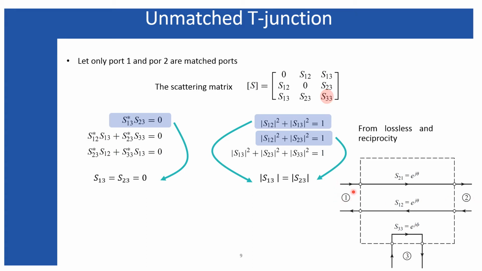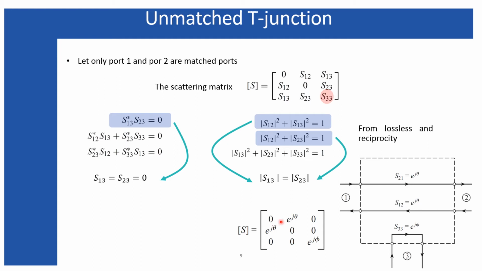However, when you are exciting port 1, that is also not coupled with port 3. That means nothing is going to port 3, and you only can have the output from port 2. So such devices are basically such that the output wave from port 2 gains some phase, because it is just translating from port 1 to port 2. So the entire power incident at port 1 gets delivered to port 2. The corresponding S matrix is this one here.